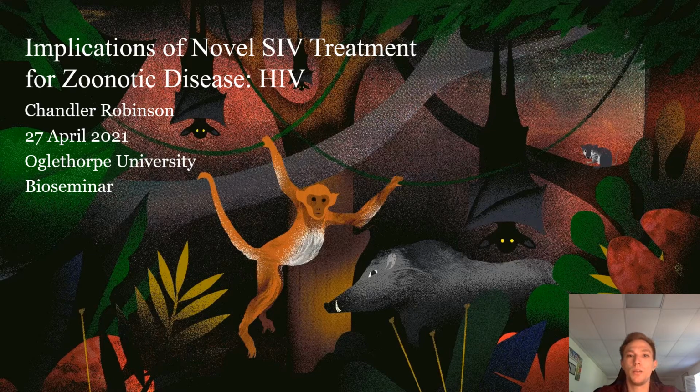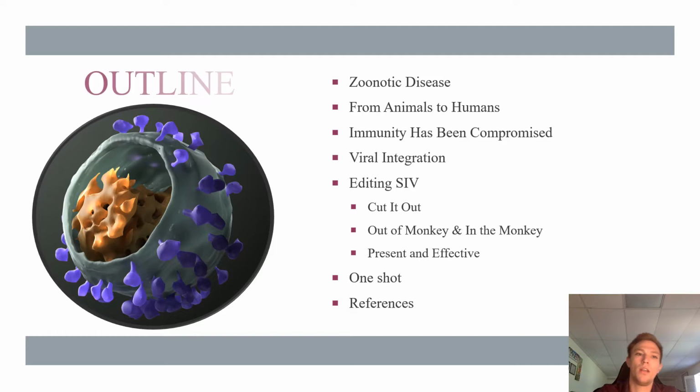So as far as what I'll be discussing today, I'll be talking about what is zoonotic disease, transmission from animals to humans. Then I'll move on to how it affects the immune system, as well as how it integrates virally into the host genome. And then the research in this presentation is discussing the editing of SIV, the simian immunodeficiency virus,